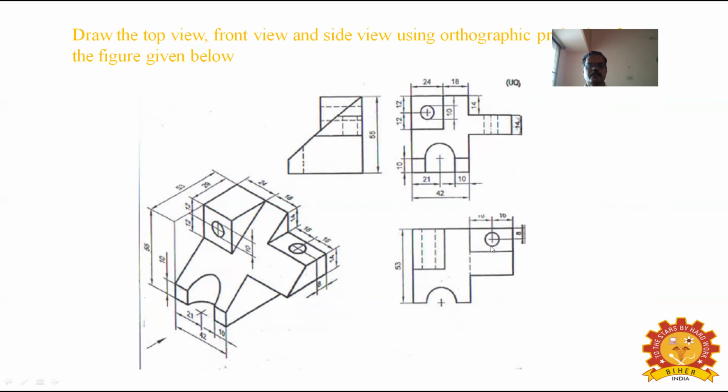Okay. In that rectangle only you have to draw the circle of diameter. Okay. Here when we look from the top, that portion 29 by 24, the rectangle portion is visible, 29 by 24. And inside, the holes are invisible, that you have to show in hidden lines. Okay.